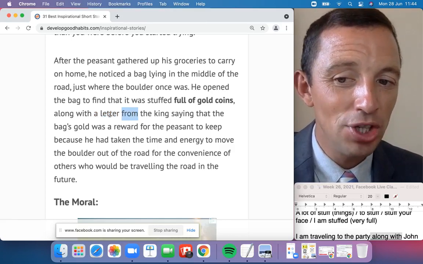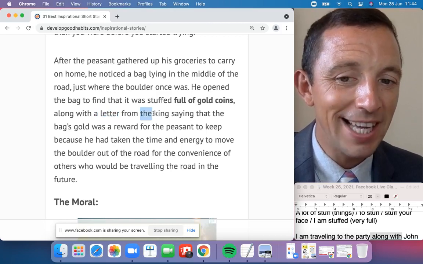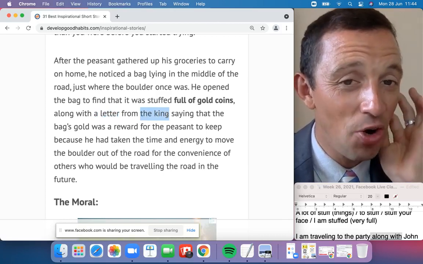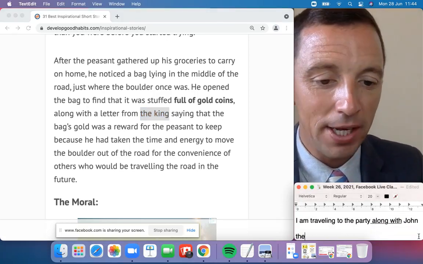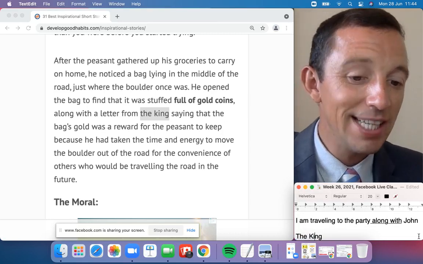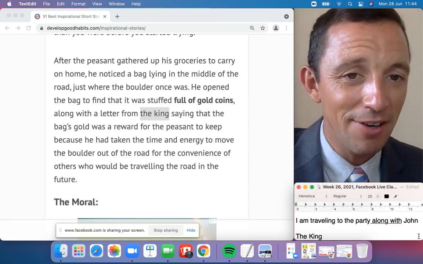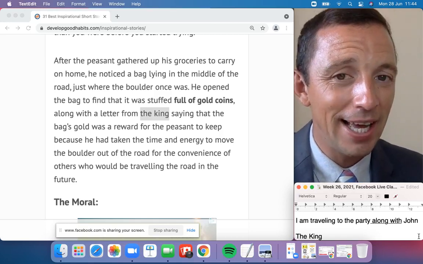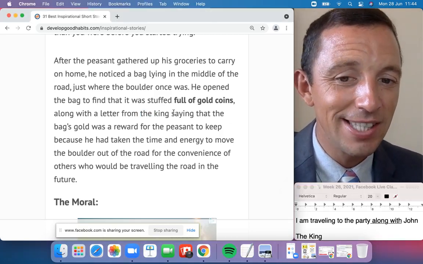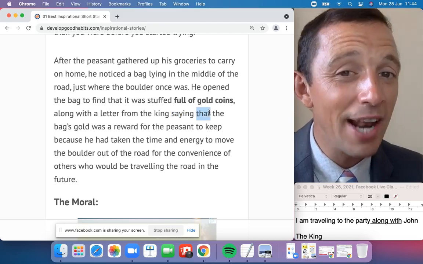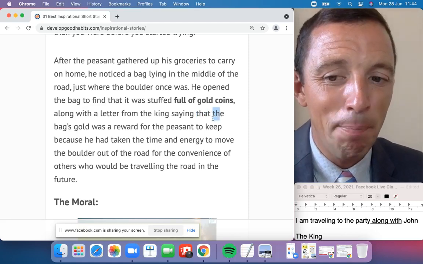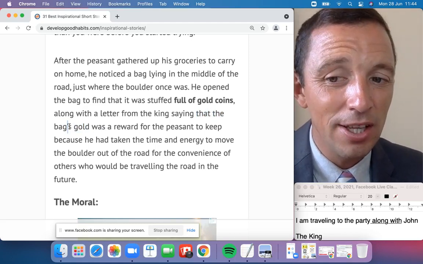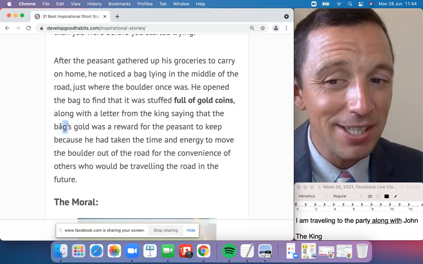From, again, preposition, article, indefinite article, substantivo, a letter. From the king, again, I think the king normally has a capital letter. I think in English the king has normally a capital letter. I think that's the typical rule. The queen, the king, etc. in English language normally has a capital letter, and the letter was saying that. Again, this is the relative pronoun to introduce a new structure, a new clause, a new sentence. The bag's gold, so this is possession. The gold, oro, from the bag, it's possession. The bag's gold,